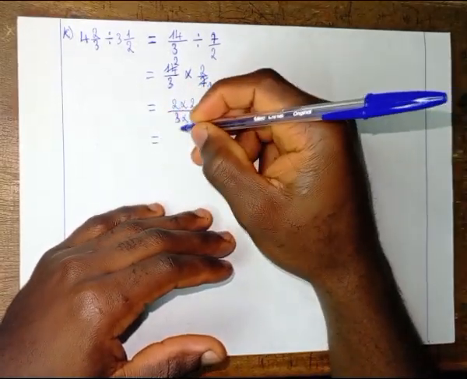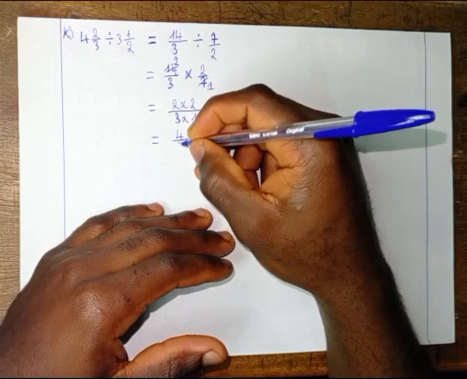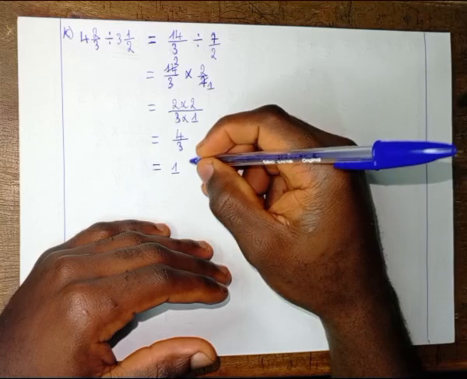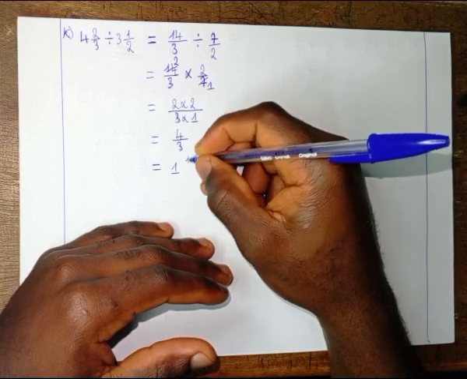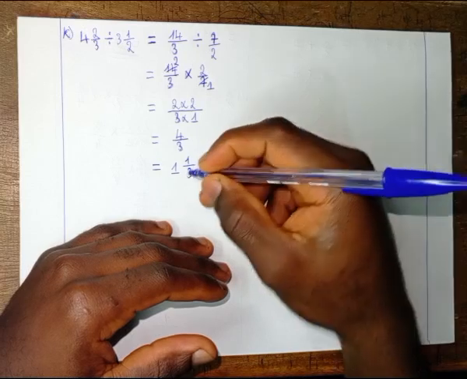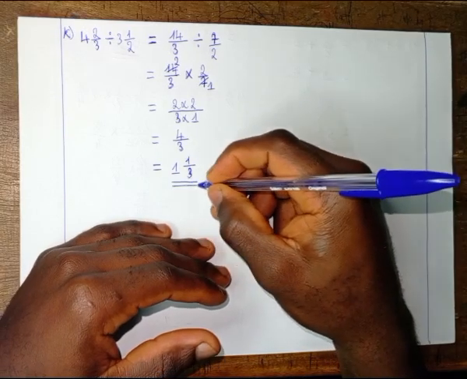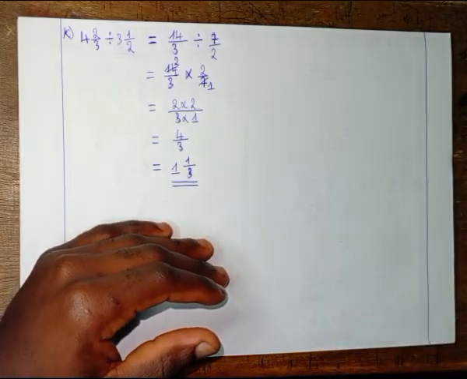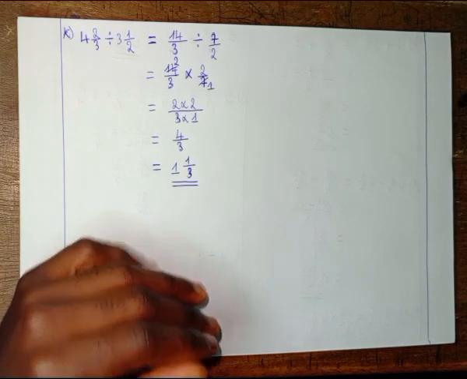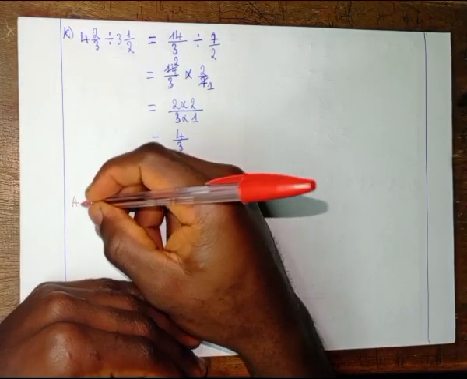This will give us 2 times 2, 4 all over 3, which will simply be equal to, the whole number part will be 1, and the proper fractional part will be 1/3. So this will give us 1 and 1/3. And we are done with the correction of the exercise for application. We move now to the next thing, which is